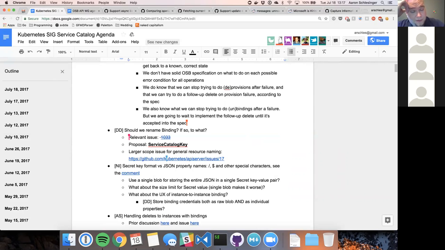So, instance access key was his proposal, but I guess it'd be service catalog instance access key. I don't have a huge preference, other than a slight preference towards just service catalog key for consistency with Cloud Foundry, but other than that, I don't really care. It's too much. So if I remember correctly, the service key in Cloud Foundry is what you use when you